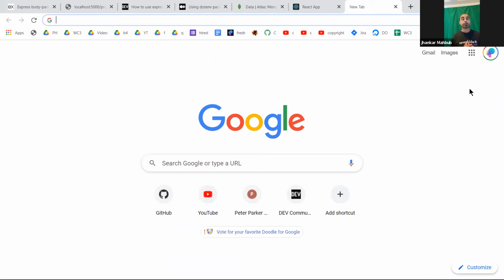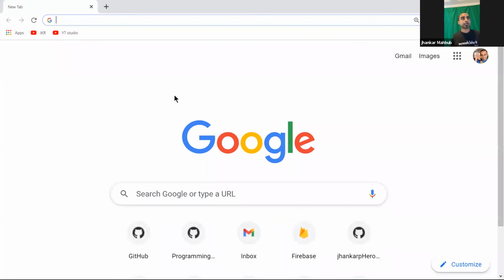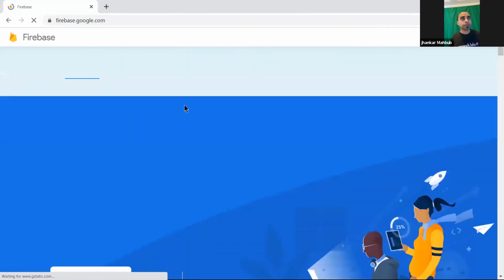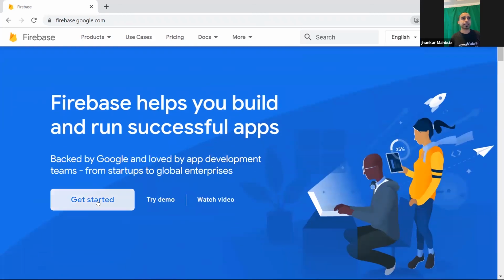Like AWS is a very common one, DigitalOcean is another one. Other than those, Firebase is another hosting. It provides a lot of authentication, like your Google authentication, those kinds of cool things you can do. And then you have Heroku, so many hundreds of those places. I have some user here, and this has a Firebase account. If you have a Google account, you just easily go there. If I go to firebase.google.com, you just need to get an account and you can get started.